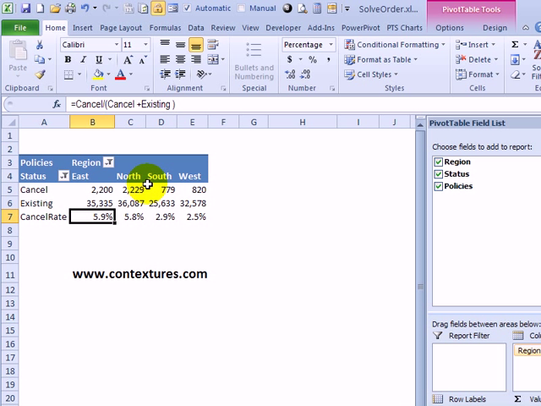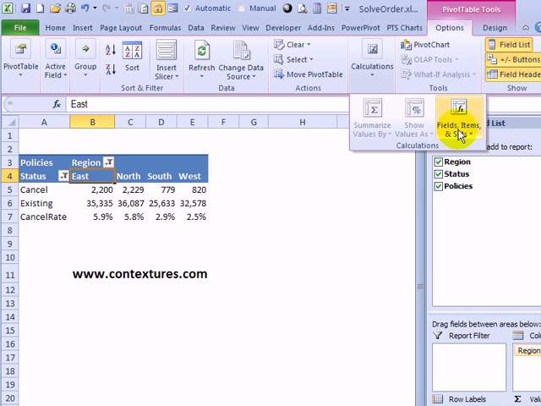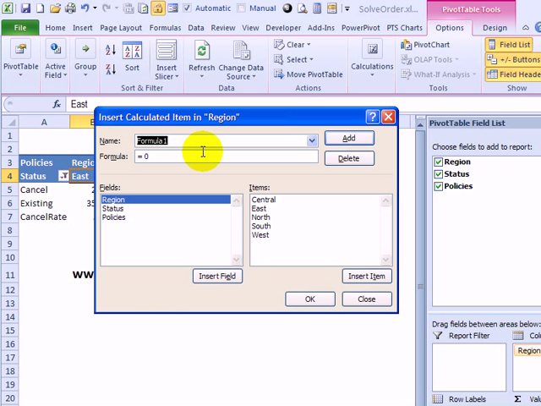The other thing we're going to do is add a couple of regions that will combine the east and north and the south and west. So I'll click a label for one of the regions. Under Pivot Table Tools, click Options, Calculations, Field Items and Sets, Calculated Item. Type a new name. I'll call this Northeast, and its formula, I can click East plus double click North, and